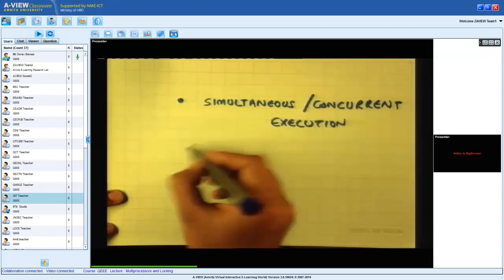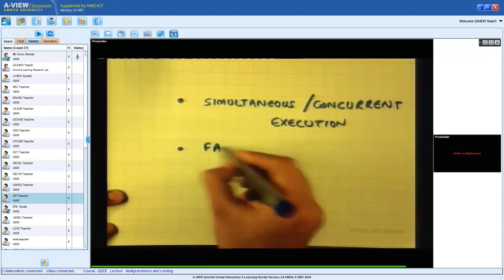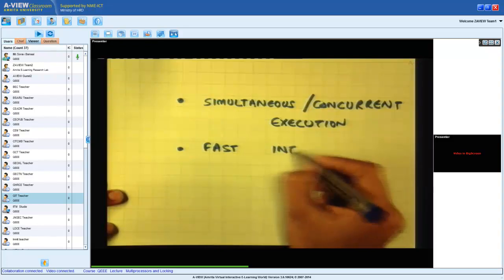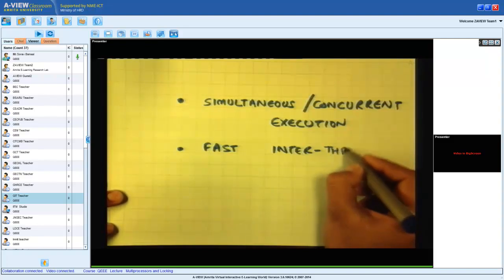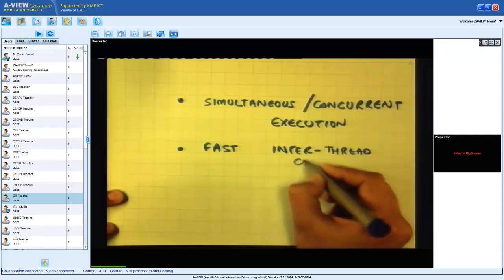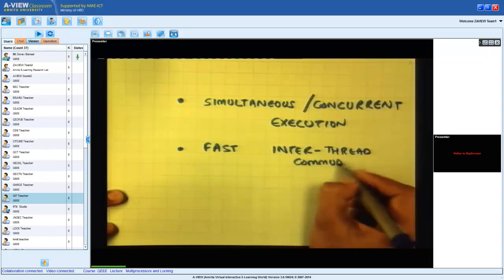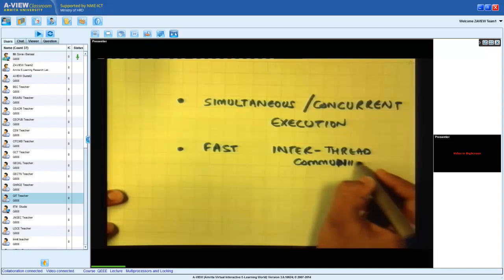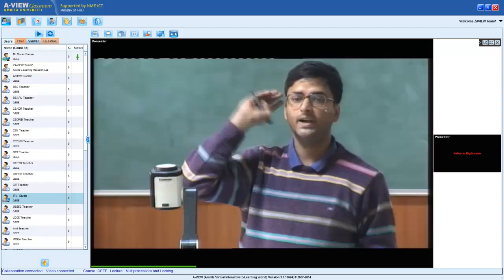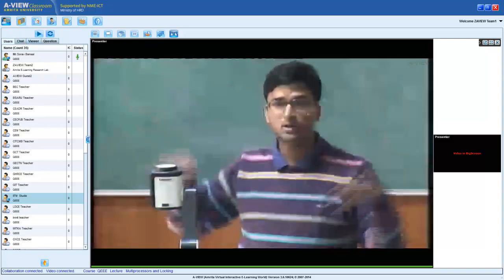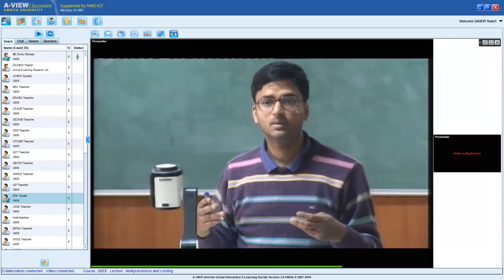And secondly, I needed fast communication. I was calling it inter-process before, but in this case it's inter-thread communication. They should be able to communicate very fast. If one thread updates a state, it should be visible to everybody immediately.